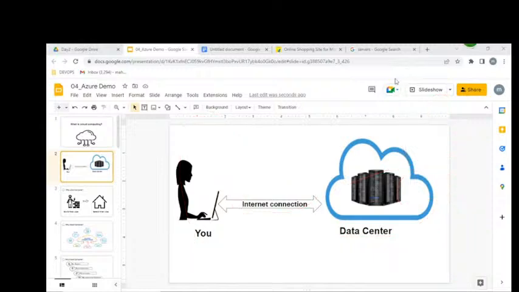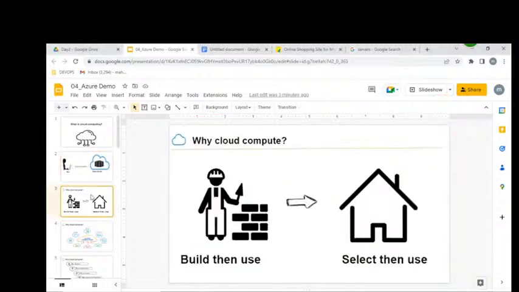By using cloud, we can get rental-based infrastructure.